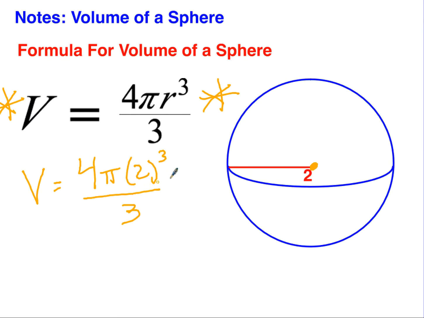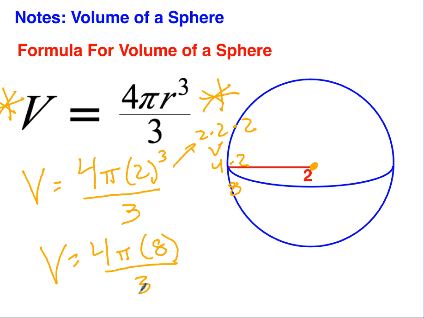So this is something where we just evaluate from here, and we always evaluate our exponent first. So my volume equals 4 pi times whatever 2 to the third power is. 2 to the third power is 2 times 2 times 2, which is 4 times 2, which is 8. So I've got 4 pi times 8 divided by 3. Again, I like to save pi for last. It makes life easier. So now I can just multiply 4 times 8 real quick. That gives me 32